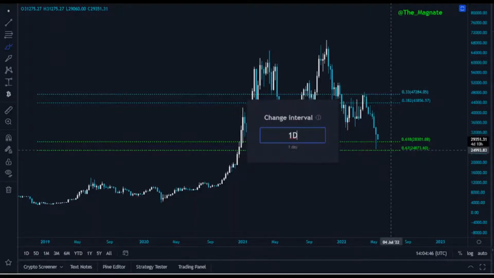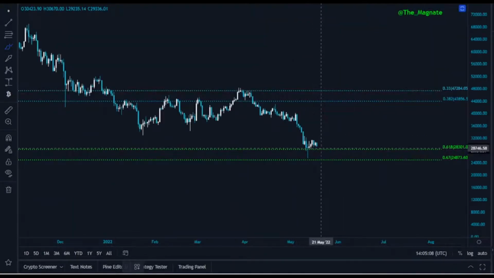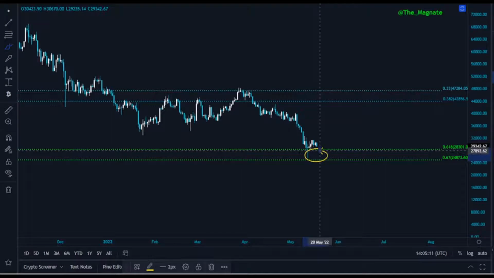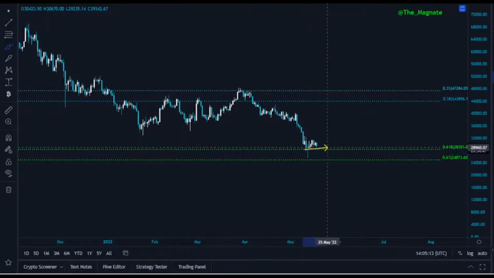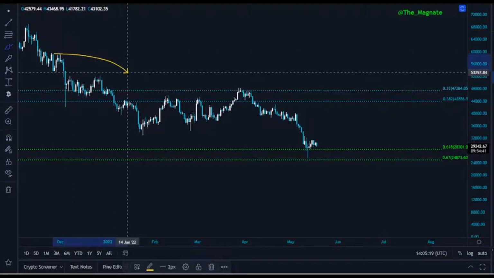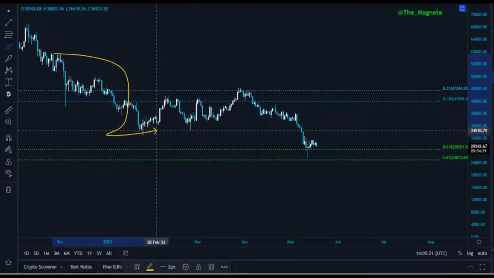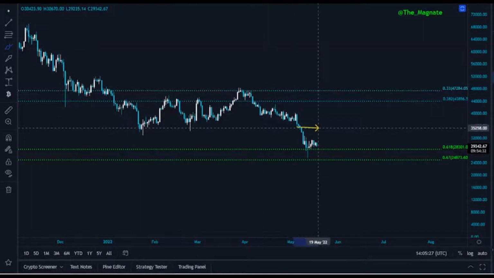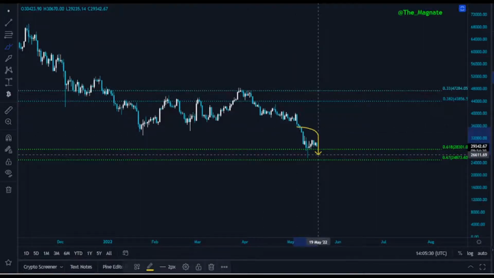Moving on to a daily time frame. Based on a daily time frame, we can see a clear picture of how 0.618 is acting as a perfect support at this stage. However, having said that, as soon as we lost, as I keep mentioning, $60,000 in the first place, we ended up in a strong support that held over 3 months.